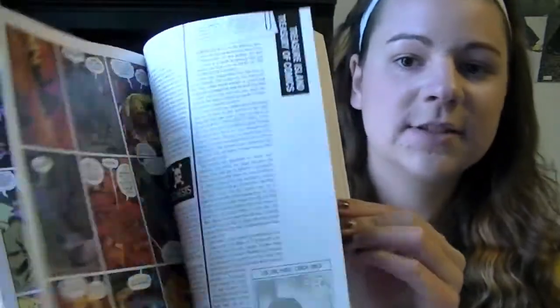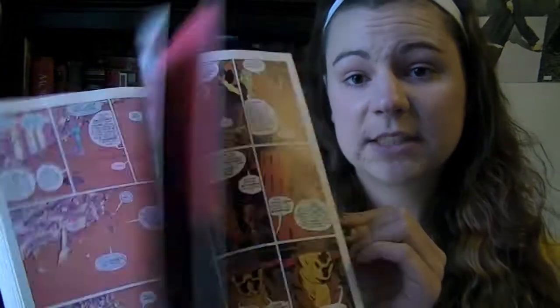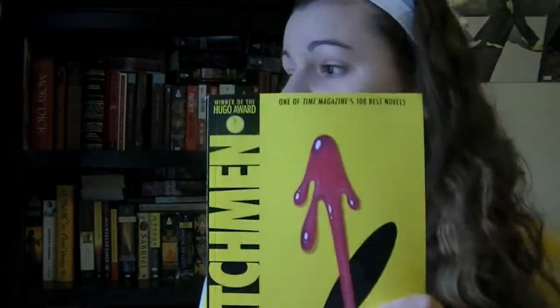Find a book with illustrations in it. Not like I've only shown like 3 so far, but ooh, Watchmen. Yeah, definitely fulfills the criteria of having illustrations in it, as it is a graphic novel. It's super freaking awesome, and I highly recommend it to...